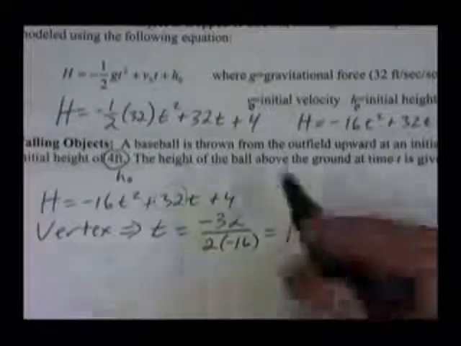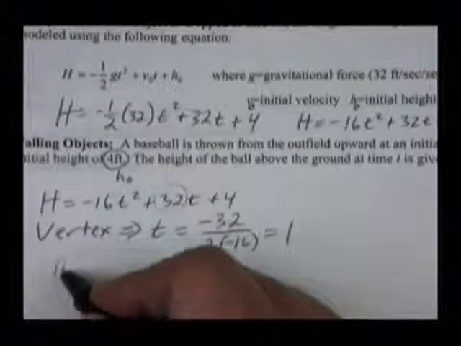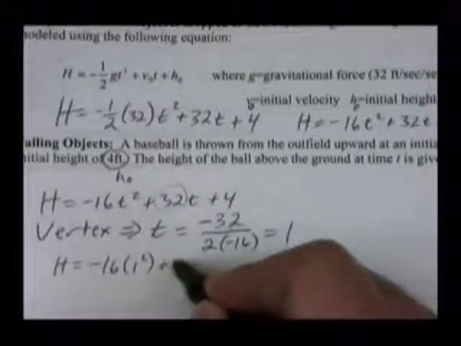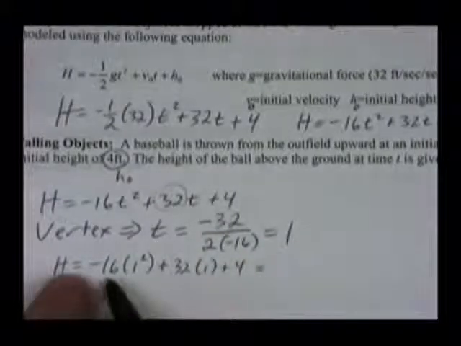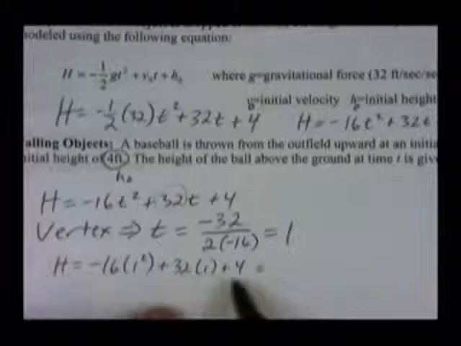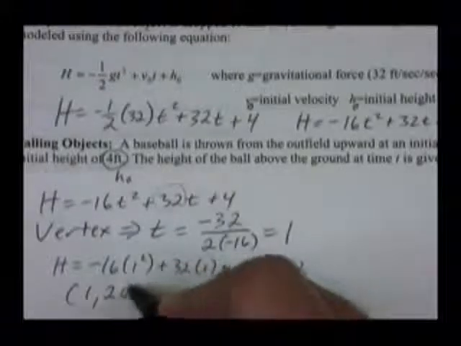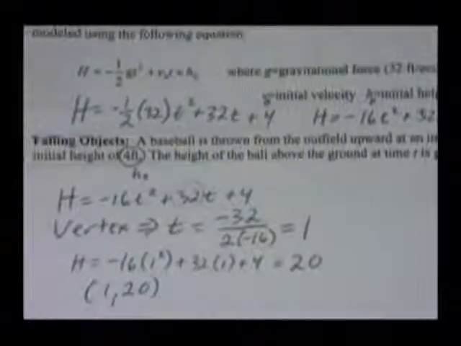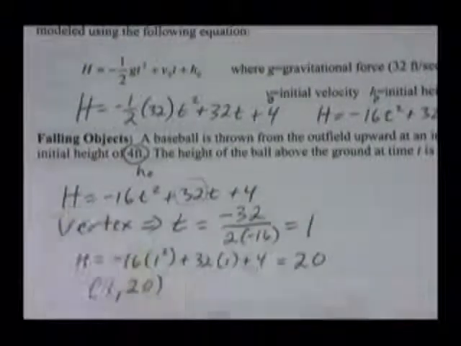Positive 1. If I plug a 1 back in up here, I get -16 times 1 squared plus 32 times 1 plus 4. That's going to be -16 plus 32, that's 16, plus 4 is 20. So my vertex is (1, 20). Now the next thing I want to find is my Y-intercept, or in this case my H-intercept, since